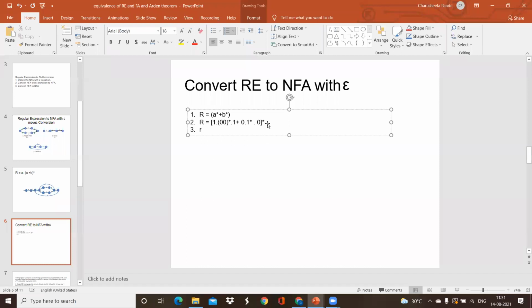Then the third regular expression is 0 star plus 1 star plus